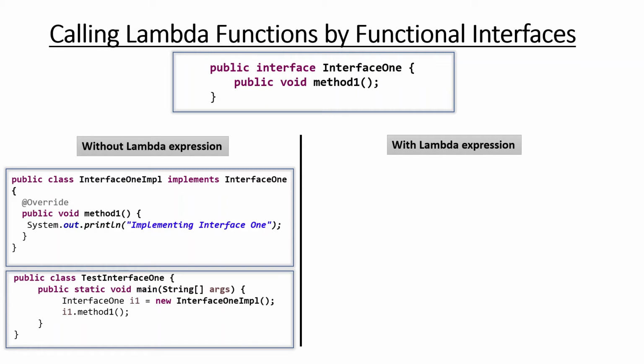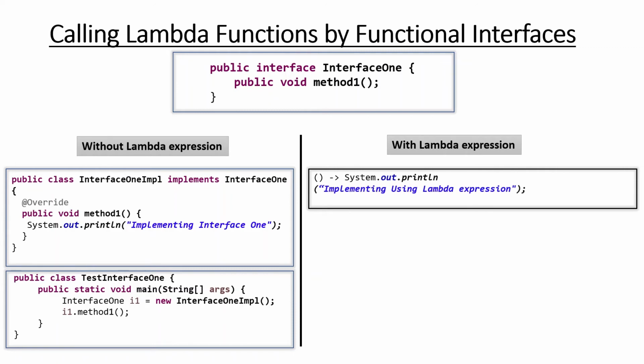Now the same task can also be achieved using the functional interface. Let's see how we can achieve this. Firstly, we'll convert this method1 to a lambda expression. Remember, in our previous video we learned how we can convert our methods to lambda expressions. In case you have missed it, just go through the video link mentioned in the i button. Since lambdas are anonymous functions, they do not have any name, any modifier, or any return type. So what is left? Method1 can be written as parenthesis